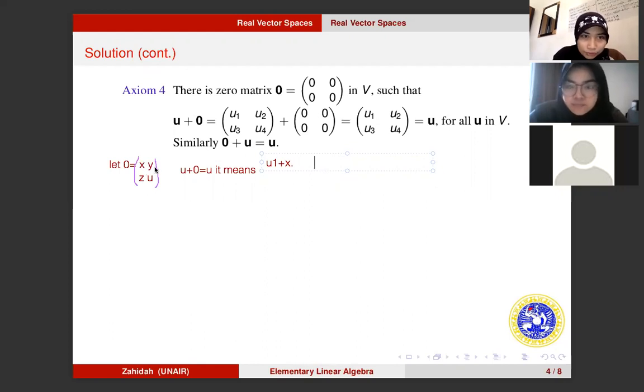And in the first row and second column, we have u2 plus y. And the second row, first column, we have u3 plus z. And the second row, second column, we have u4 plus u. This equals